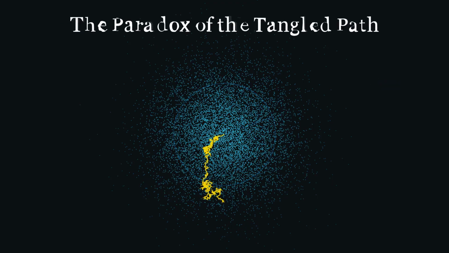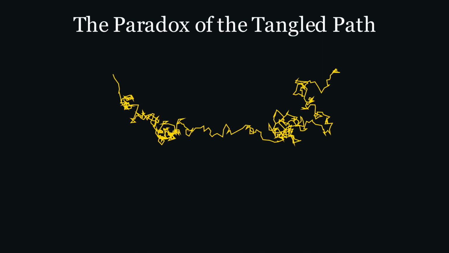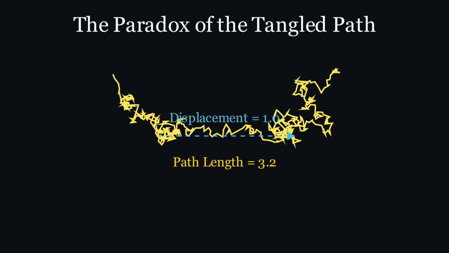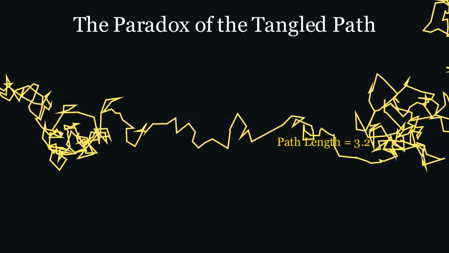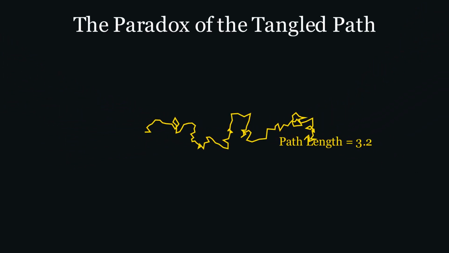To see where our standard intuition fails, let us zoom in on a single yellow path and try to measure its speed. In ordinary motion, tracking an object over a tiny time interval gives a well-behaved ratio of distance to time. But watch what happens as we zoom in on this wandering particle. The closer we look, the more jagged turns reveal themselves. The total path length along those zigzags grows longer and longer, while the net straight line displacement stays stubbornly small. If you try to calculate standard velocity here, the answer completely explodes.